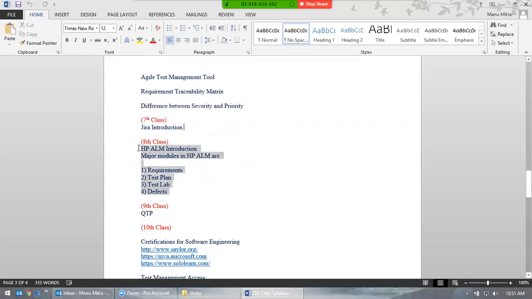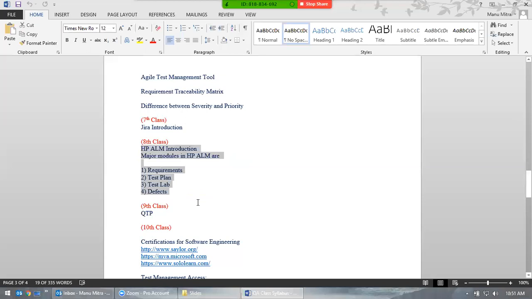Then you have HPLM. I'll be giving you an introduction on this. For access, you need to check with Tagore. He will be giving you access for this one, not me. But for Rally and Jira, I'll be giving you access, so you can make use of that.